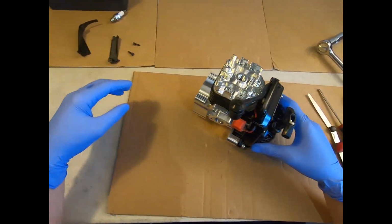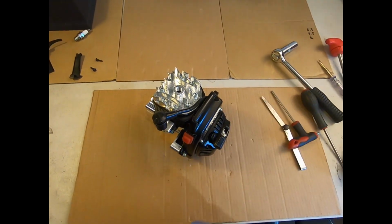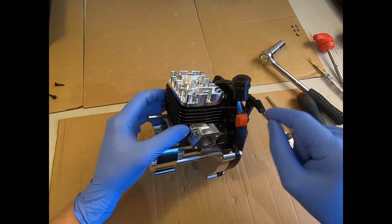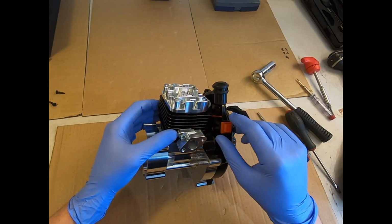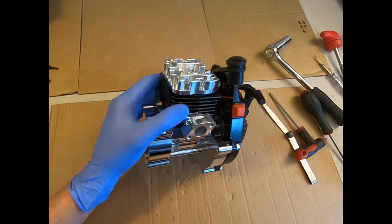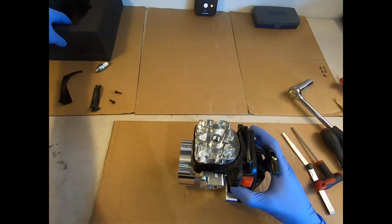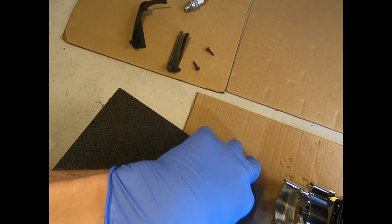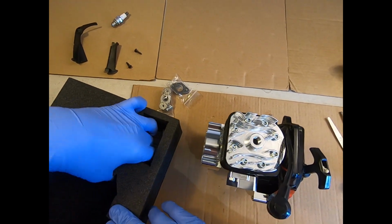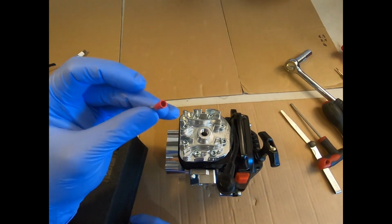Excellent. And now just pop that stop button back in its little locator. If you're fitting a kill switch, for example, you could use this video just to learn how to get in here, but most guys are quite comfortable fitting kill switches, and they fit in the same way as normal. Now you may have noticed that ring terminal there on the coil. We do supply a ring terminal with the engine in the box, in little red new retail packaging here so that I could show you. We do give you a little ring terminal just in case you need to cut your kill switch and replace the terminal on the end of the